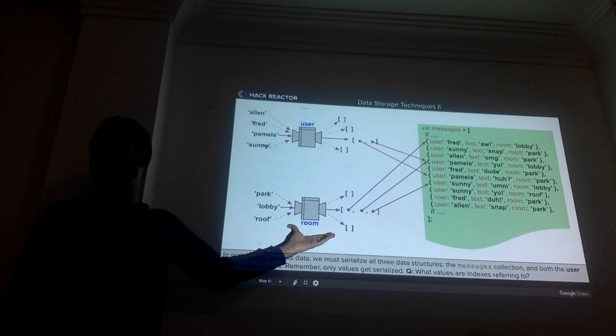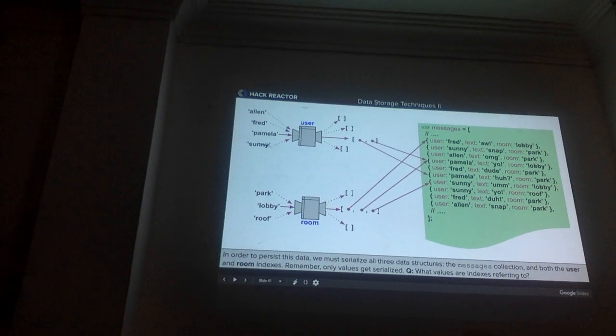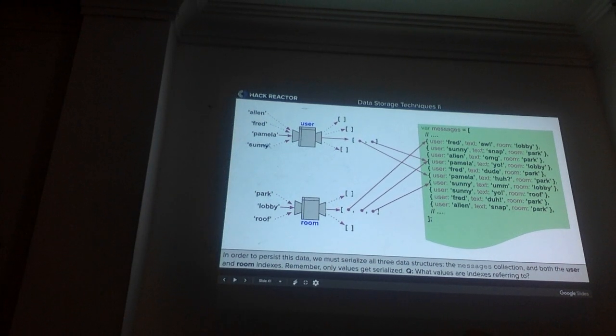Well, this is a hash table. Think of it as an object. We call it a hash table, but think of it this way. This could be represented by, let's say, room equals park, colon, array of indices: index 103, 205, and so on, and then lobby, same, some indices and so on. That's it. So if I ask you what are the messages inside the park room,